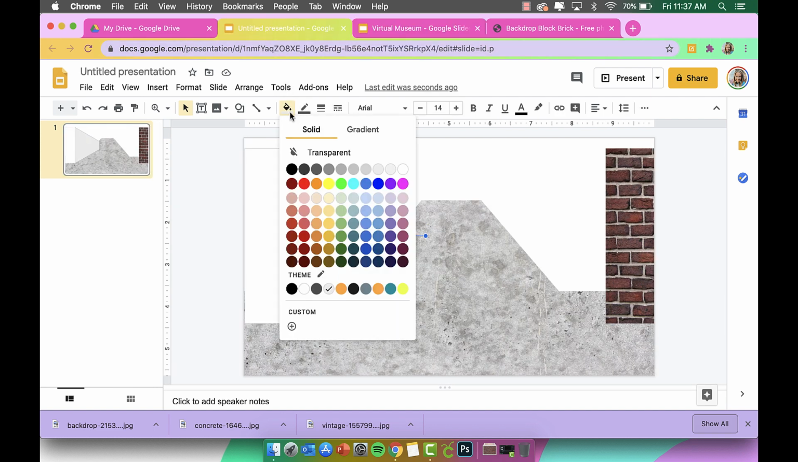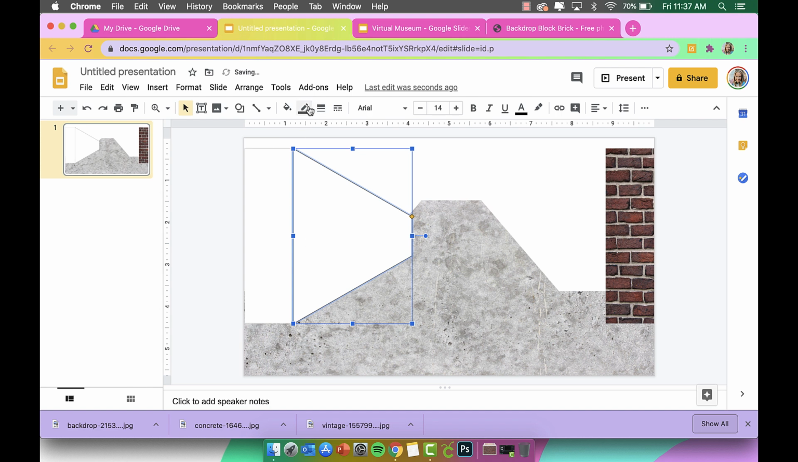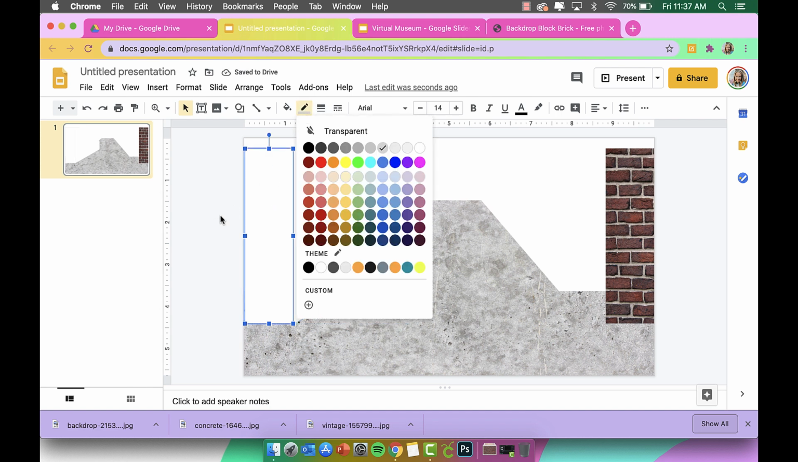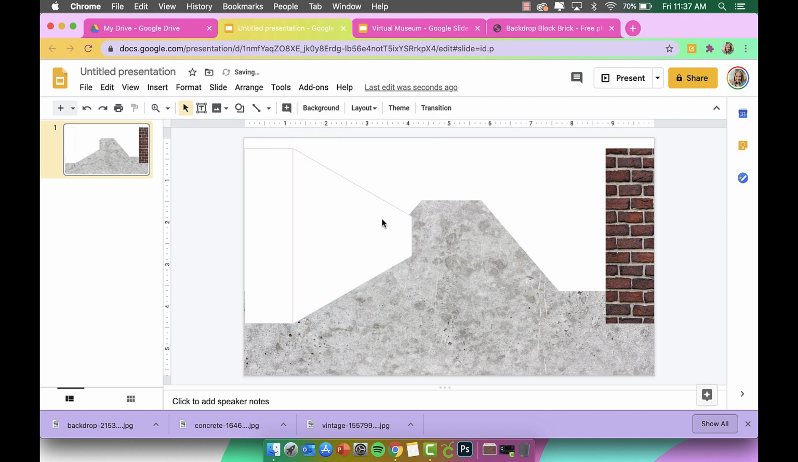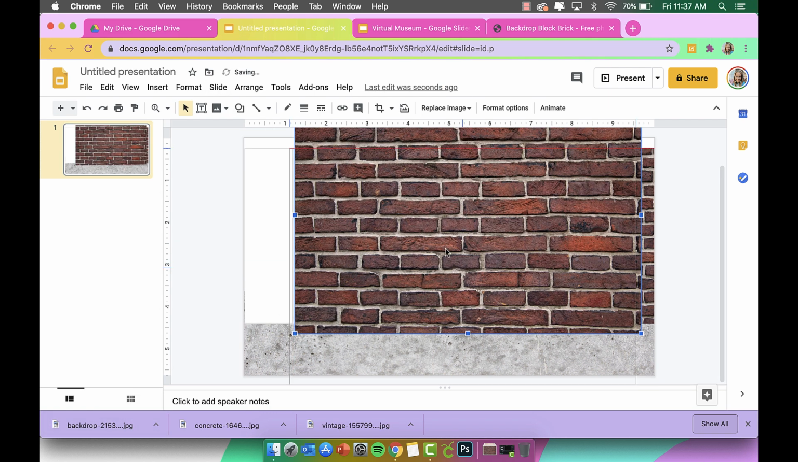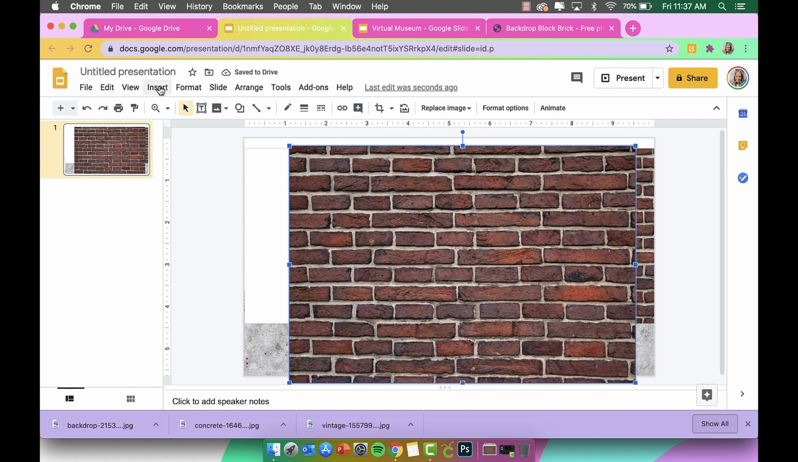All right, so now I'm going to make this white again with the, I think I did the fourth one, with the outline being just a little bit darker. So you can see how this is starting to turn into a wall. And then same thing for this one. I'm going to insert the bricks again. And then I'm going to go to